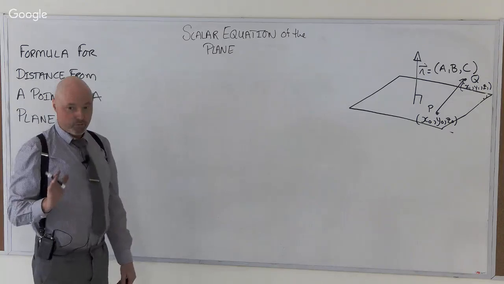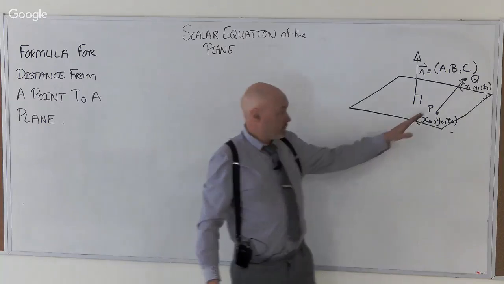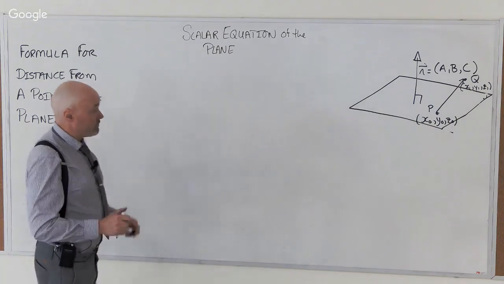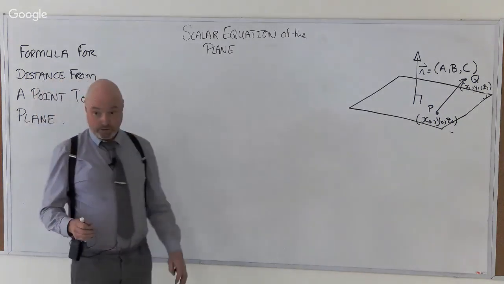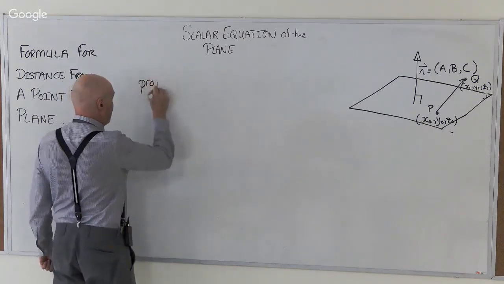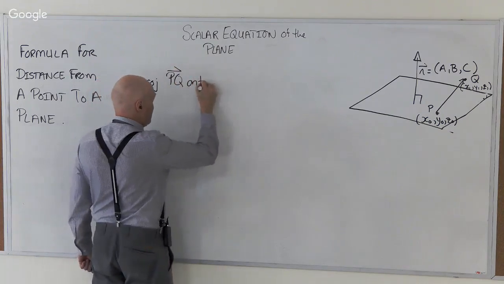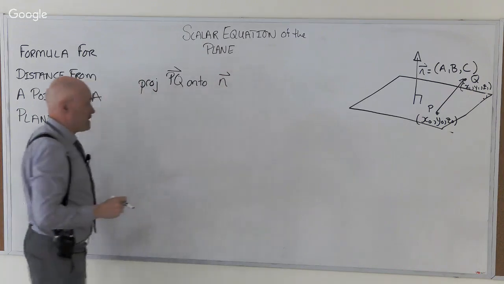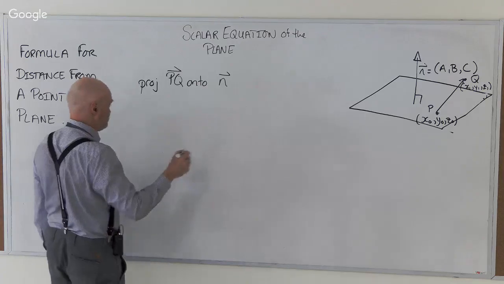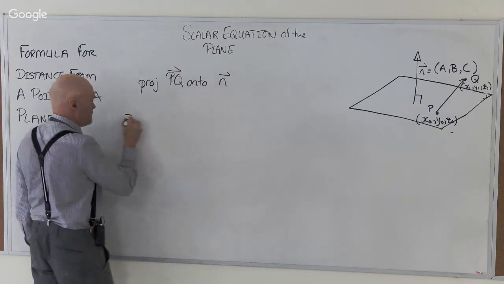We have the tools, though. We know how to find the distance between two things. We did it in 2 space. Now we're going to do it in 3 space. We're actually going to project PQ onto the normal vector. So we're going to do that orthogonal projection thing. And we're going to use our formula for that. So we're going to project PQ onto our normal vector. Believe it or not, this is going to give us a nice formula when we're all done. Okay. So the projection of PQ onto N, that was equal to